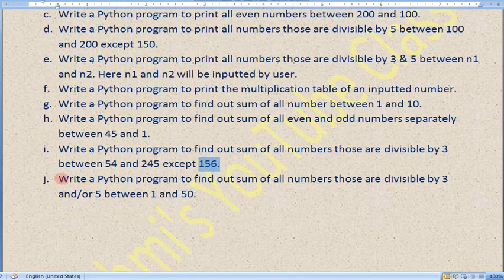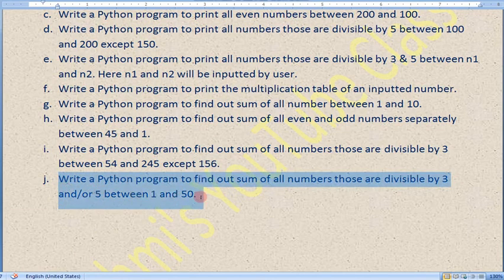The last question is saying: write a Python program to find the sum of all numbers that are divisible by 3 and/or by 5 between 1 and 50. So in this case you have to find the sum of numbers divisible by 3 and by 5, divisible by 3 not by 5, divisible by 5 not by 3, and neither by 3 nor by 5.